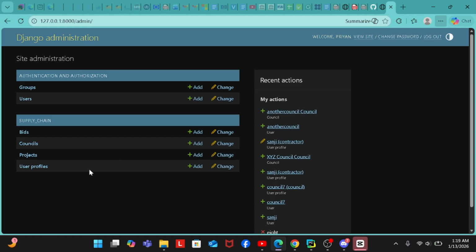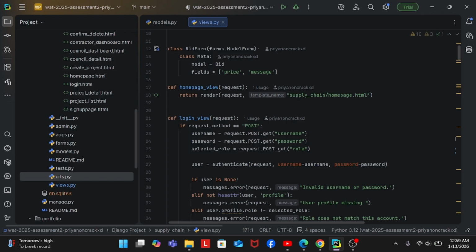Also, this is my admin page, and groups and users were previously provided to us, which is default, and the features that I implemented in the models are bids, councils, projects, and user profiles. We can add users and then we can make them councils, and we can assign them projects from admin. Moving on to the next step, which is